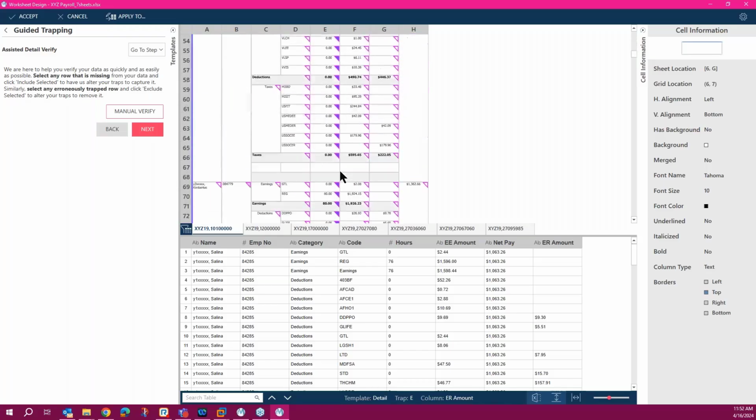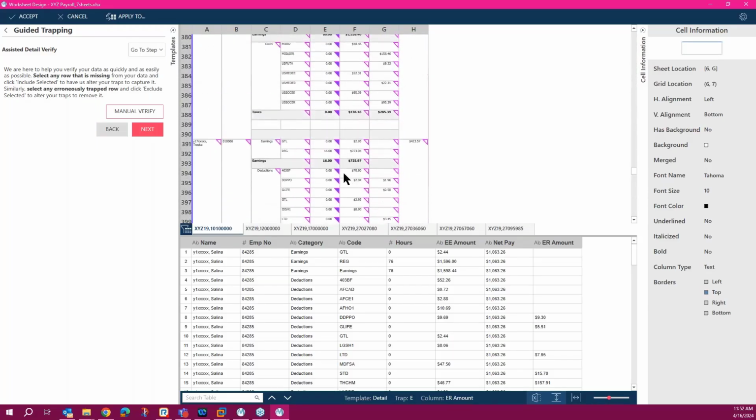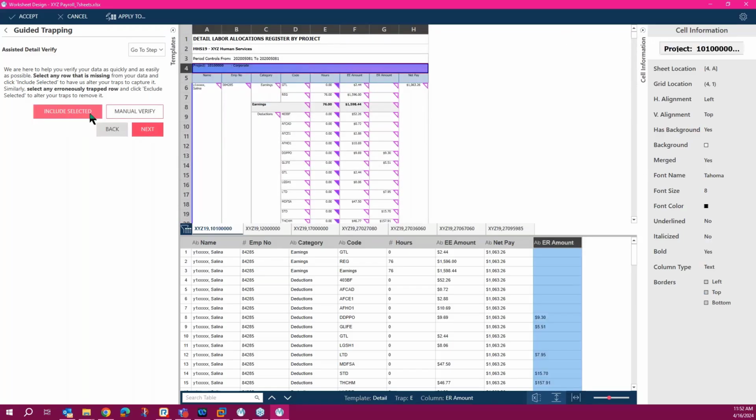So if there are any rows here that are missing, for example, I can go to the top and select a row, and you notice that include selected becomes available. Or if I want to exclude a row, for example, I don't want these earnings to be part of the data record. I want this to be excluded.